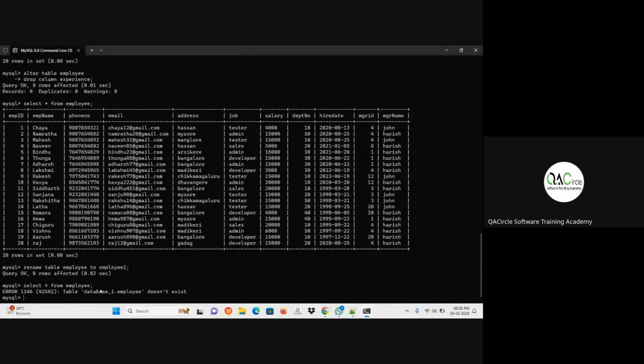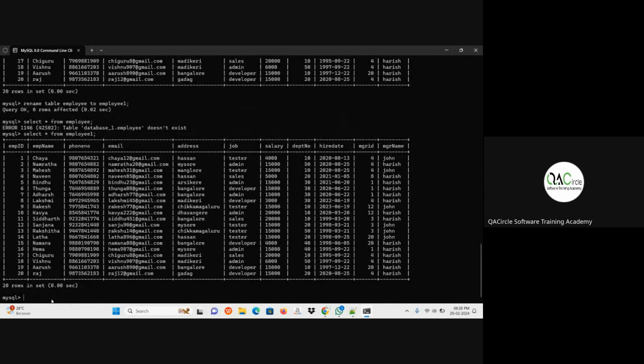This table employee in the database_1 is not present, because in database_1 there is no employee table. So now I'll change it to employee1. See, I got my table.